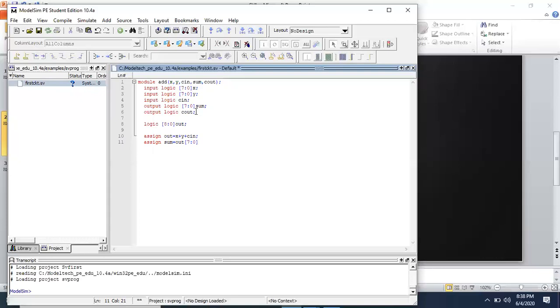So sum is nothing but the initial 7 bits, excluding the MSB of out signal, and your cout is the last bit, which is the MSB of out signal. So out of the 8th value of out signal is your cout. This will end the module: end module, colon, and the name of the module is add.